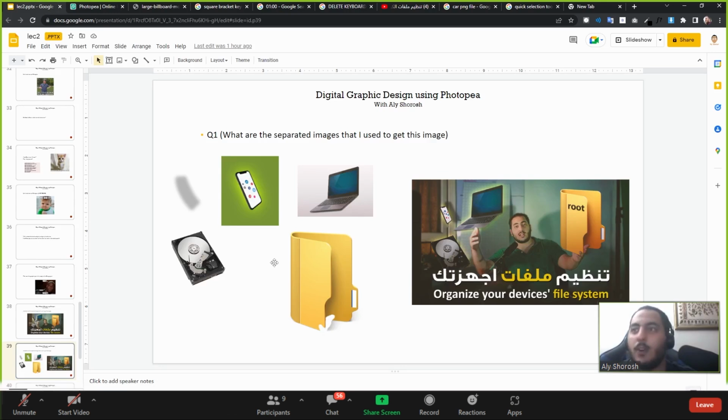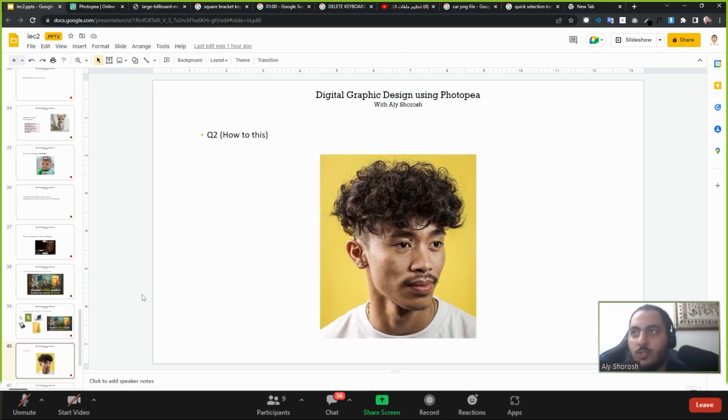So it's only about thinking how to make a design. Actually, you can make a photo like this without the text and this outer glow. So it's a way of thinking. The last question to ask yourself after collecting the images is how to cut the image. For example, to cut this image,